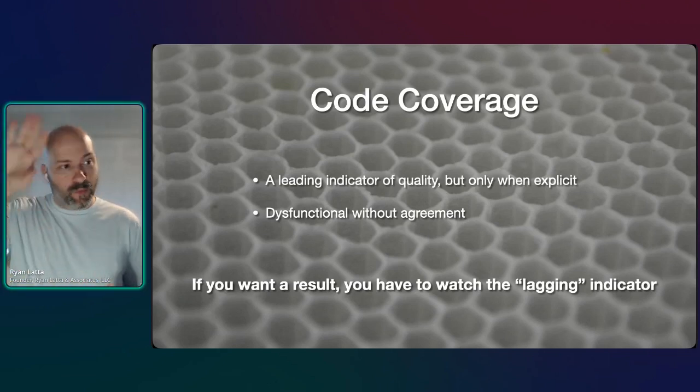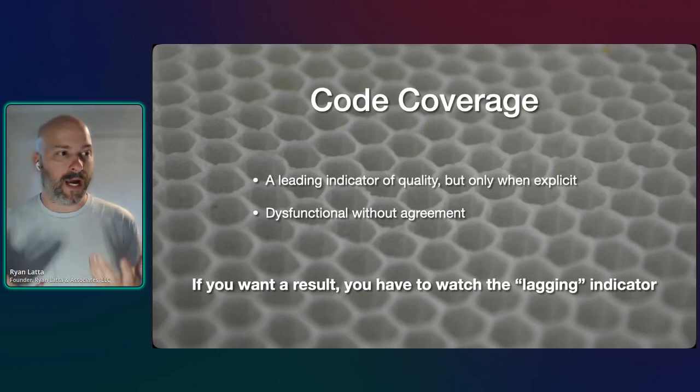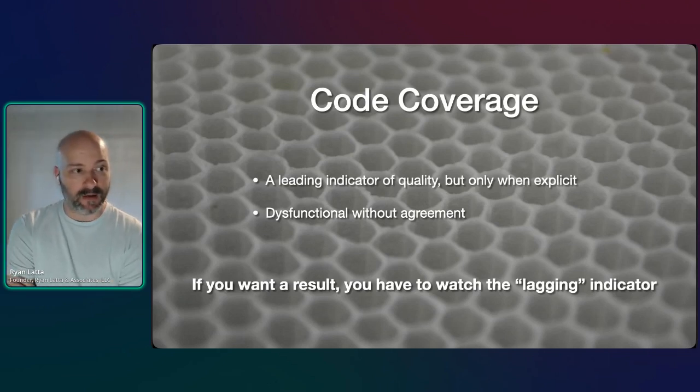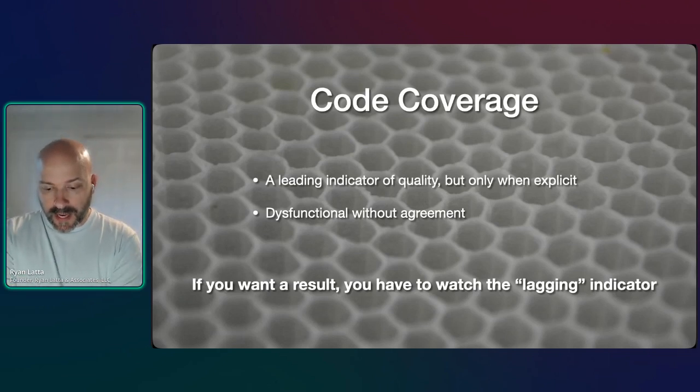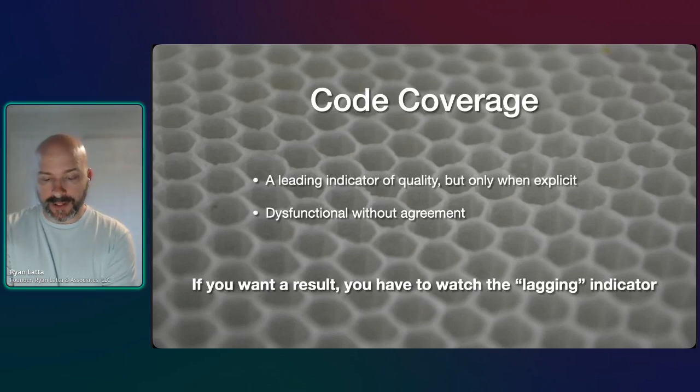But here's the thing. When we chop off that lagging result, people have to have a reason why something is happening. They have to know why they're doing something. In the absence of saying we're doing code coverage to improve quality, they have to create their own reason, their own implication. So what people hear when they say we're going to do code coverage and get to 80 to 85% is, I need to get to 80 to 85% at all costs, or bad things happen. So the lagging result is I get punished. So now I'm going to do code coverage to not get punished. And this happened because we never said quality was important.